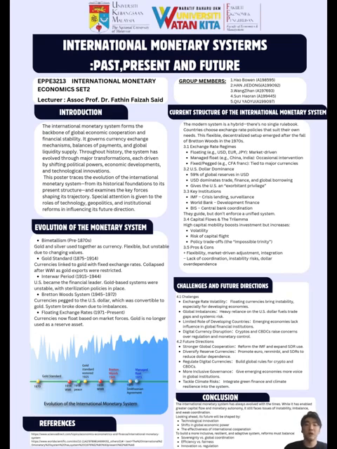For the system to become more inclusive, resilient, and adaptive, future reforms must carefully balance competing goals. The first one is sovereignty and global coordination, the second one is efficiency and fairness, and the last one is innovation and regulation. By learning from the past and responding to today's realities, we can work towards a system that not only promotes economic growth but also supports global stability and shared prosperity.